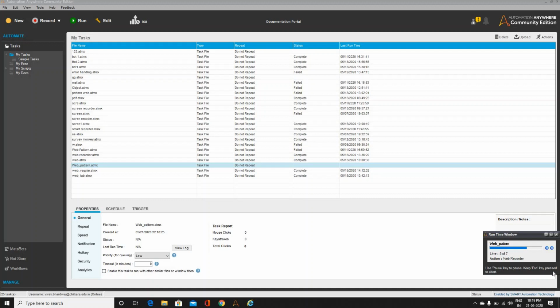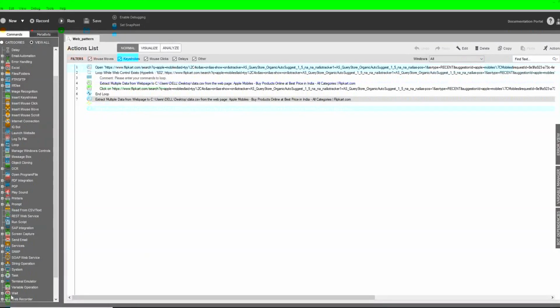We have to wait until the bot stops working. Now the bot has completed its task. Now we will check how much data has been extracted.